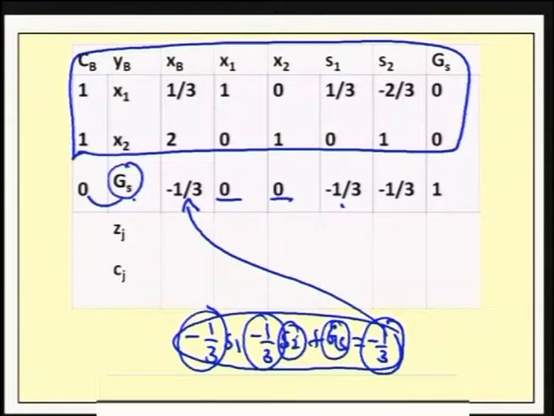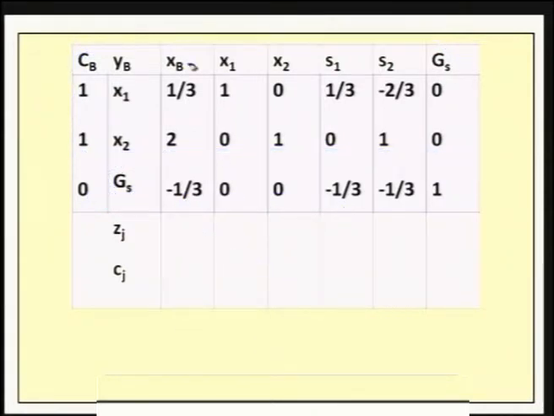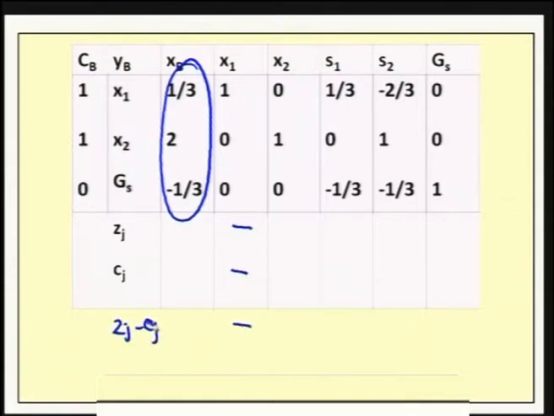Now, we have to improve this solution to an optimum integer solution. For that, we have to use dual simplex method. For dual simplex method, first we have to look into all the XB values. If all XB values are positive and all Zj minus Cj are greater than or equal to 0, then the optimal solution is obtained. For this problem, x1, x2, gs are in the basis, therefore, the corresponding Zj minus Cj value for those variables is simply 0. Therefore, no need to compute Zj minus Cj for those variables. Now, for S1, the Zj minus Cj value is 1 into 1 by 3 plus 1 into 0, which is 1 by 3.